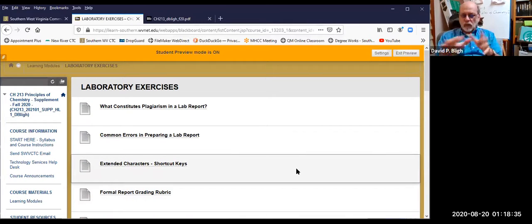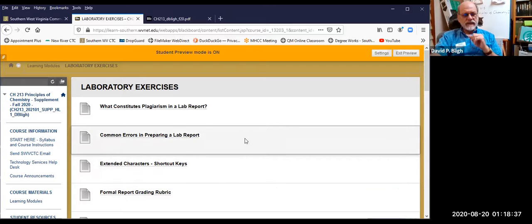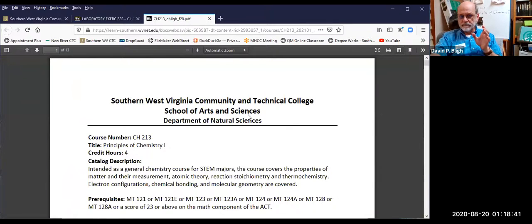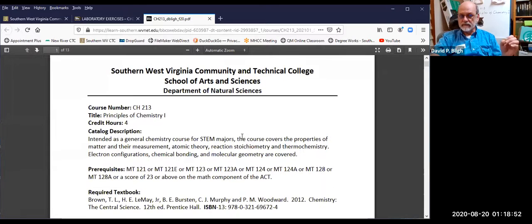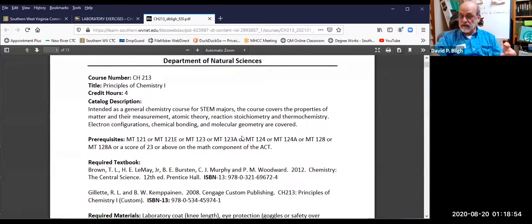Okay, so that's Blackboard. Now let's go over here and look at the syllabus. All right, the syllabus is arranged. The first couple of pages are mandated by the college. They have to be in this format. Right? And there's a lot of information here. It's very densely packed. Description, what it's worth, the name of the course, prerequisites that you already have or you